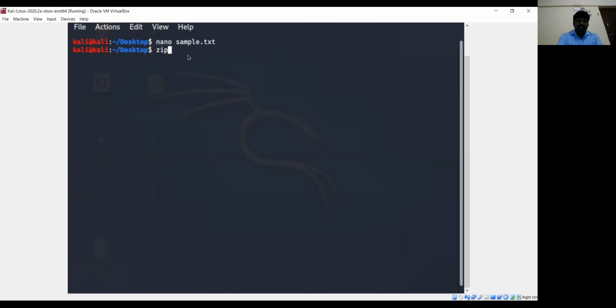Zip --password followed by the password, which I'm writing as secure, then the file name sample.zip and then the input file sample.txt. Now this time, for easy cracking, I'm using a simple password, right? And if time permits, we will use a complex password and try it again.